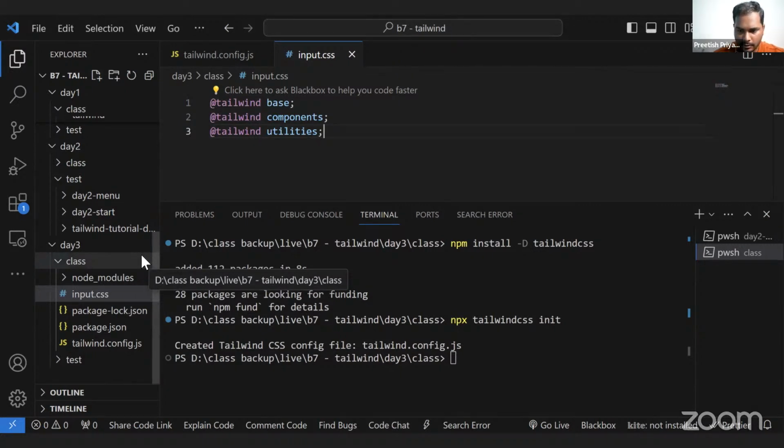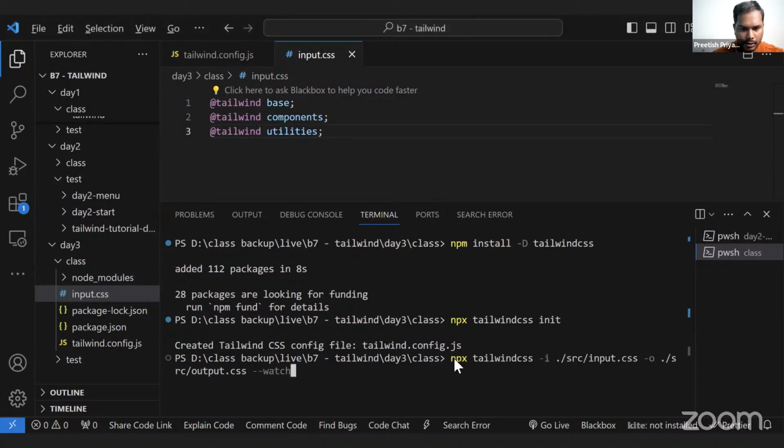So for this, what I'll do is I'll just copy this and paste it here. So here what we are doing right now is we're starting the CLI build process. Okay. So here in this command,